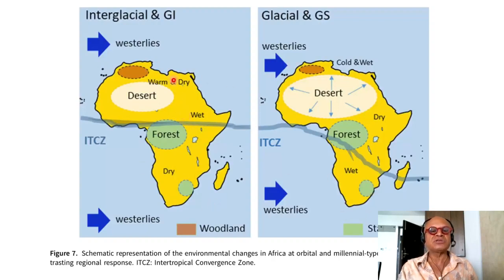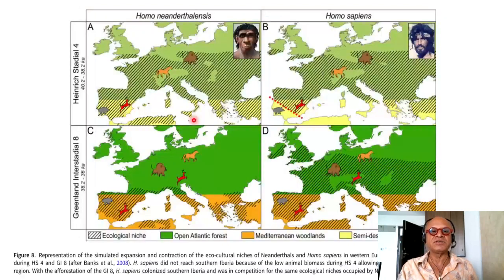So which regions of the planet, especially low latitudes and parts of Africa, got affected by glacials and interglacials would have greatly affected human migrations and species succession. This is a representation of the simulated expansion and contraction of the eco-cultural niches of Neanderthals and Homo sapiens in Western Europe, and particularly in the Iberian Peninsula, during glacial